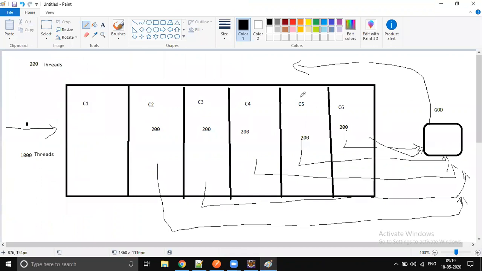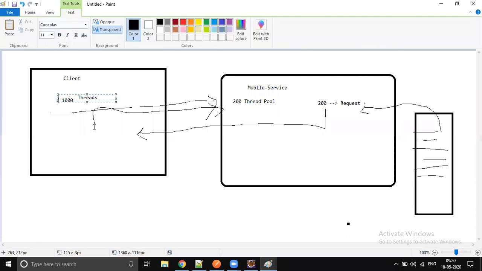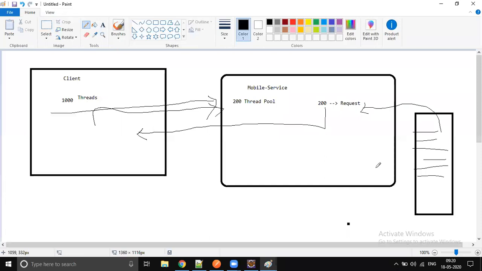So once the 10 seconds completes, we say, okay, completed, go, and the next people will come. So first we send 200, then the next 200, third 200, fourth 200, and 50. This process will continue. We keep getting requests and keep processing them by keeping them in the queue. So that is what I'm trying to explain here. It's the same thing in our application also. Even though we are sending 1,000 requests, your server will not be able to process all the 1,000 requests in one go.